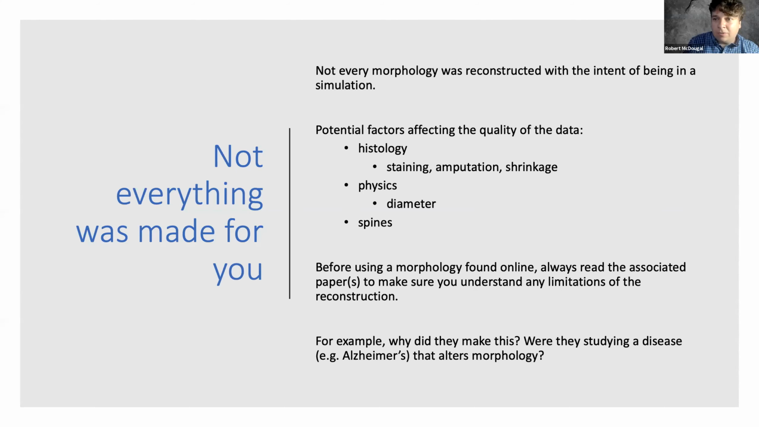But again, fundamentally, do remember that not everything has been made for you. It's not necessarily intended to be used as a simulation. And so it's very important to go back to figure out why this model exists, right? And what was done? There's metadata in NeuroMorpho. It's also a good idea, if you're going to use something, to read the paper, see if they say anything about any special conditions that apply to this. Maybe if they were studying a disease and you're not studying that disease, you probably don't want that model. You're going to want to check